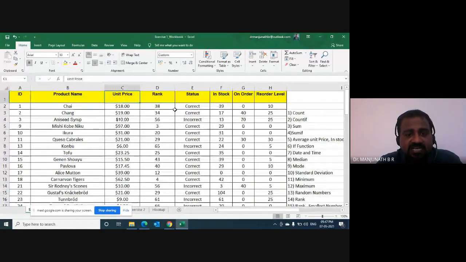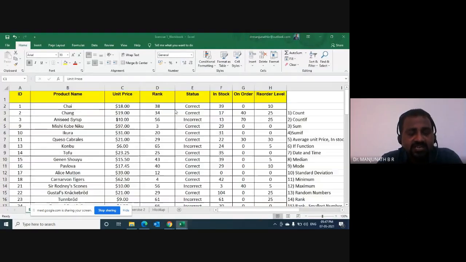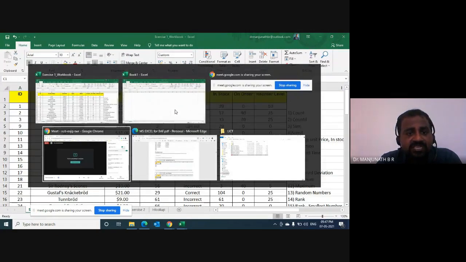Now what I'll do, I'll use a different sheet here. You can see here, Control N. I'm in a new workbook. I'm shifting from one window to the other window here. How do I do this? Alt long press, and then I'm pressing Tab. I can decide here which tab I should select. Do this activity now. Alt should be a long press.